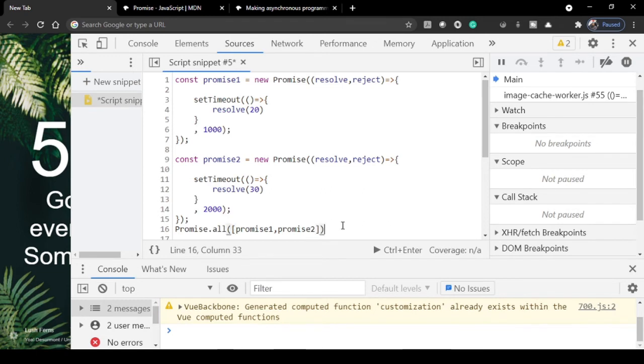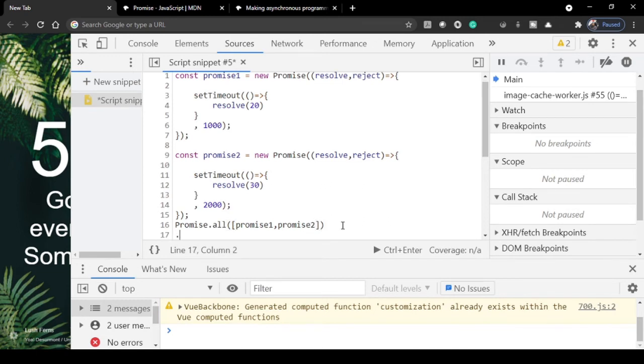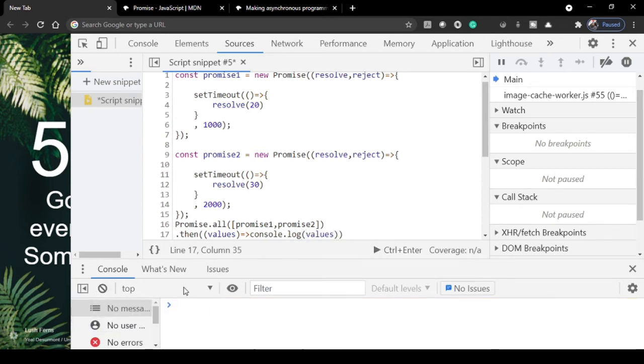As this is a resulting promise, so I have to use the then function again, and here I'll be expecting multiple values of course, and let's quickly log them out to check what it returns. And if I just execute, let's clean it first and just run,